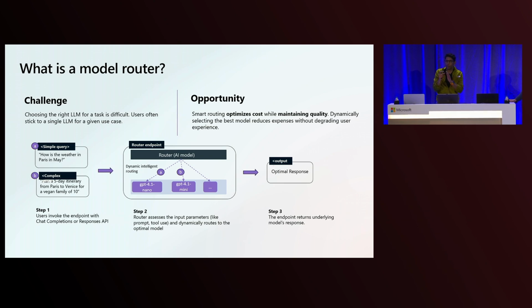And I want to call out that the Model Router talks like the chat completions endpoint. So there's nothing different. I don't have to do anything within my prompting specifically for the Model Router. As long as I'm calling chat completions, it'll automatically work.